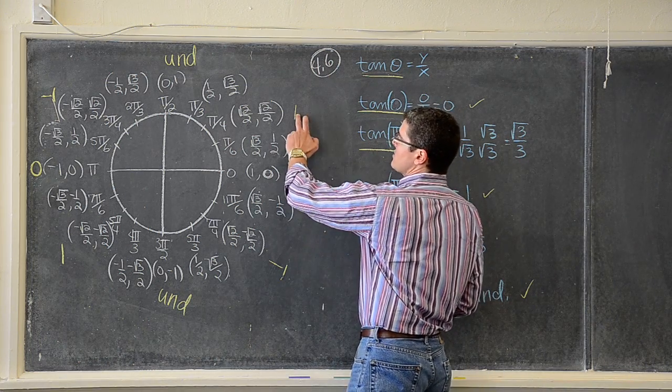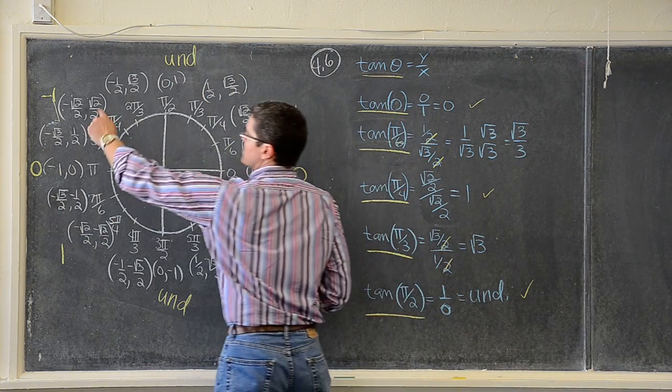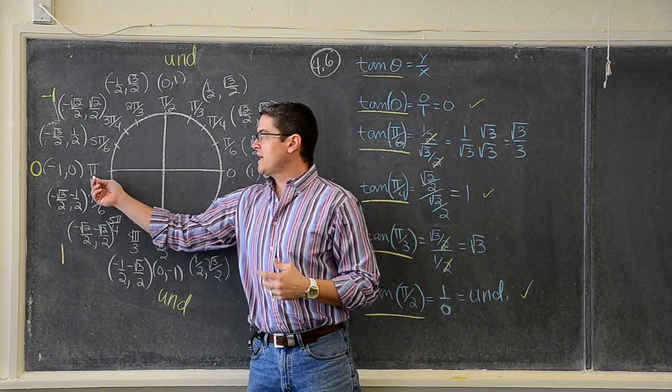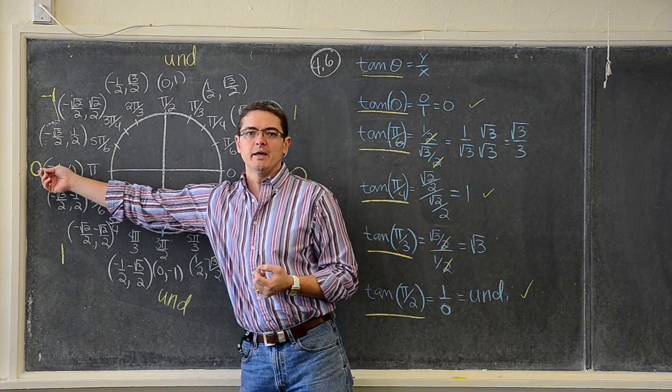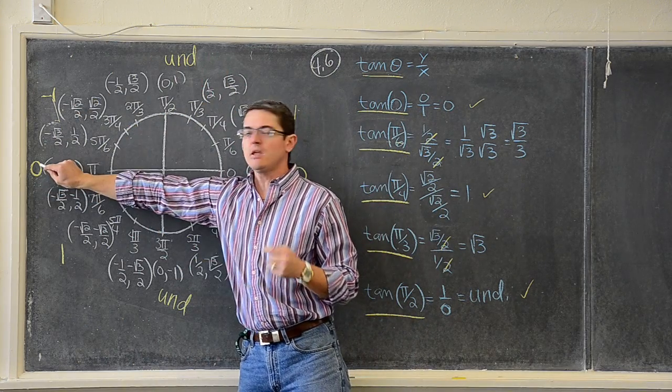Well, look at tangent here. Tangent of 0, the tangent of pi over 4, the tangent of pi over 2, where it's undefined. The tangent of 3 pi over 4, where it's our first time we get negative 1, and then the tangent of pi is back to 0 again. So our values are 0, 1, undefined, negative 1, and we get back to 0.